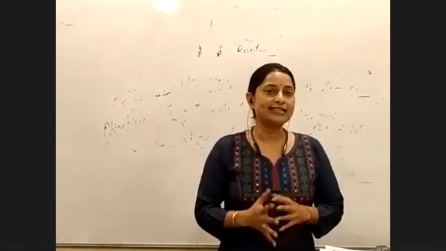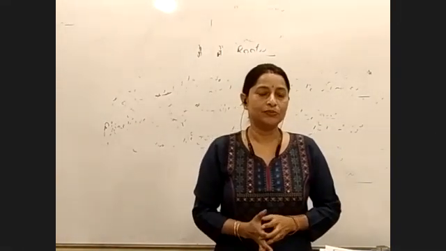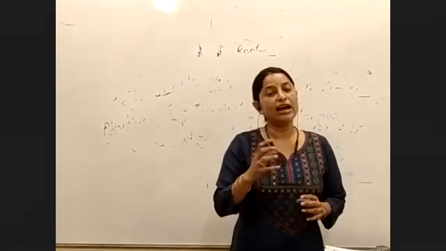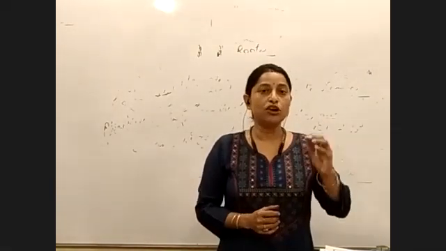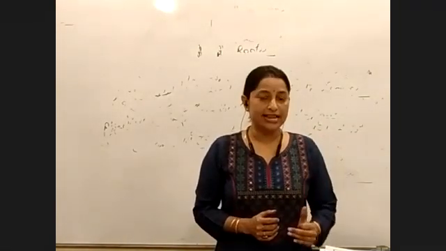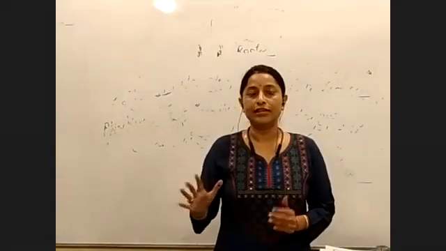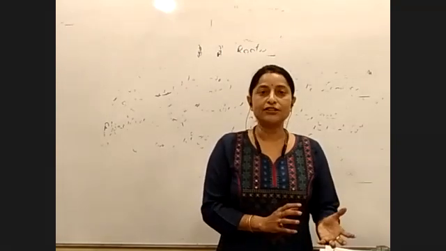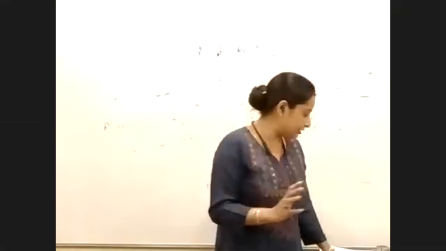In the last class we drew this cone. So the cone will have two types of spores. So it is called heterosporous. The smaller spores will develop into the male gametophyte. The larger spores will develop into the female gametophyte. So ultimately the antheridium will be in the male gametophyte, and the archegonium will be in the female gametophyte.